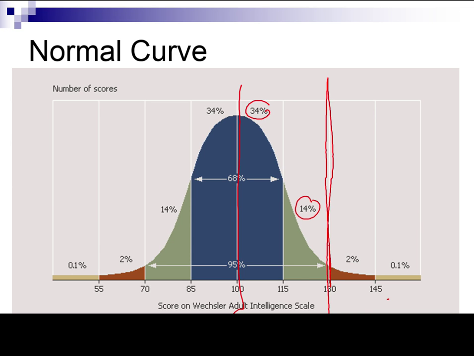98%. 34 plus 14 is 48. No, it's 48%, 98. Oh, okay. Never mind. 98% of the data, right? Yeah. Good. If I told you that you were 1 deviation below the norm, then what percentage of the people